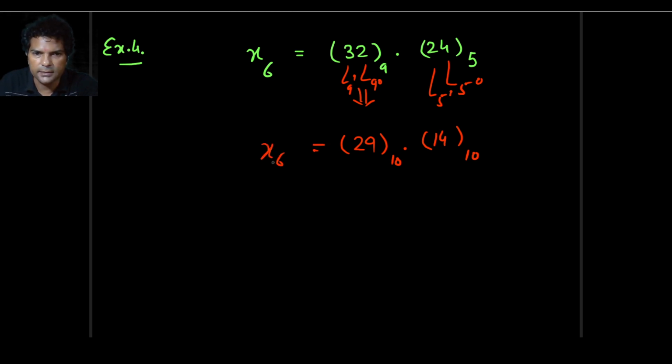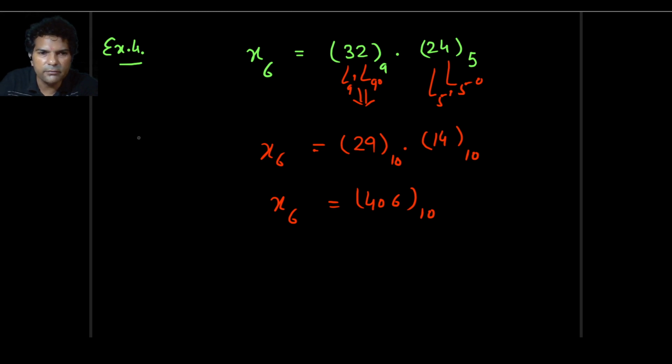The left hand side is as it is x, where the base is 6. So now 29 multiplied by 14. Directly we can multiply, because base 10 is given, so we get 406, that is base 10. Now what will be x if base 6 is given? So it is a conversion from decimal to any number system. In the previous lecture we have done this type of conversion. So now the